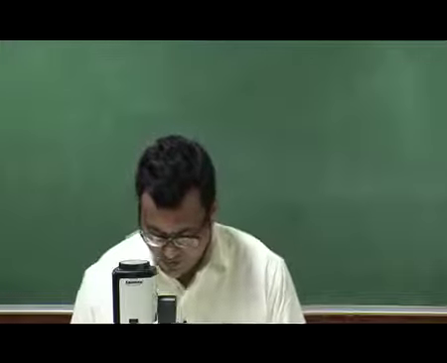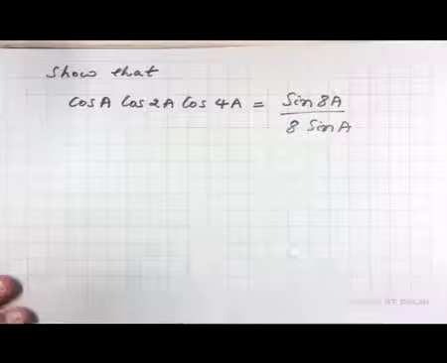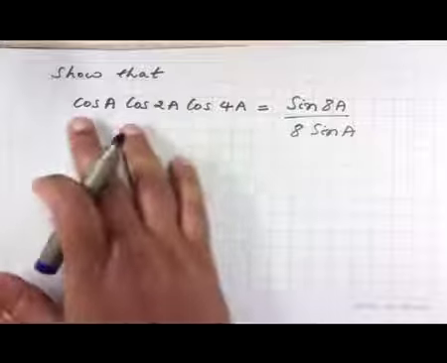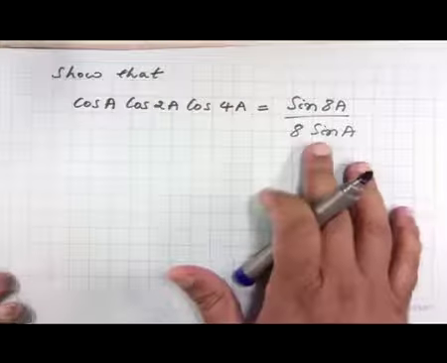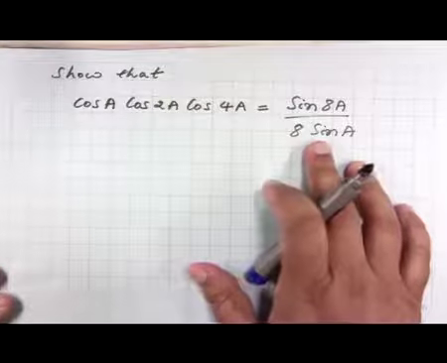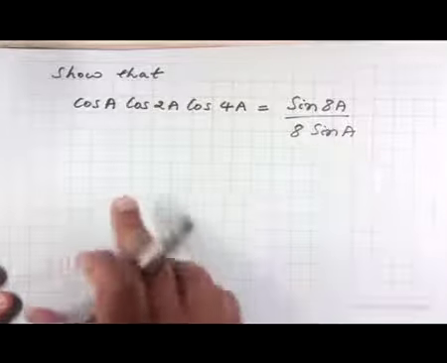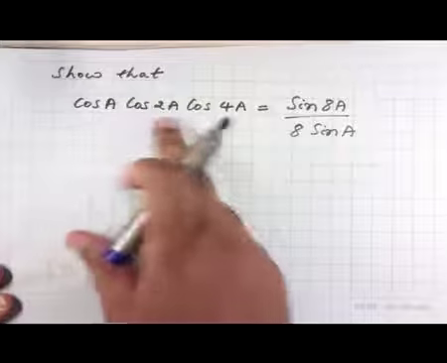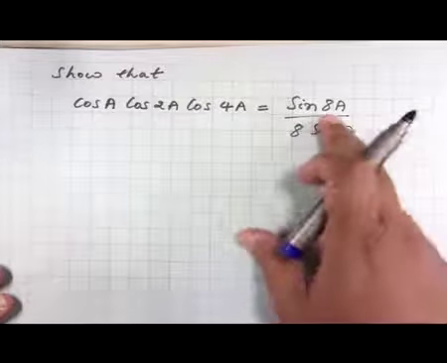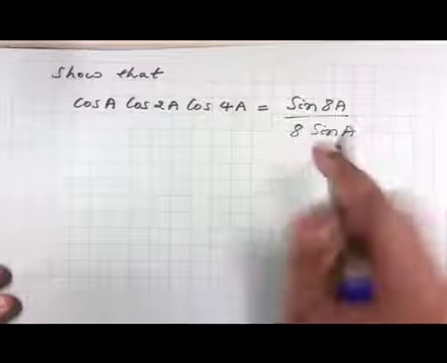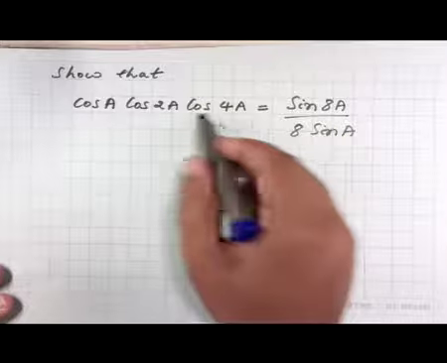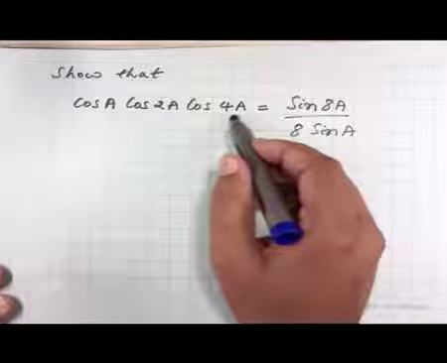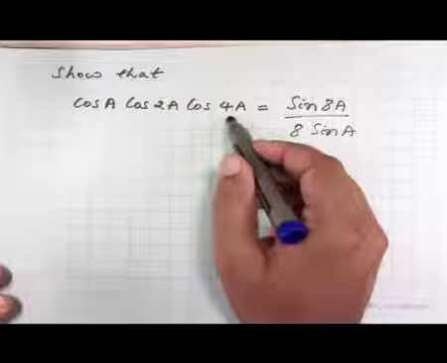So, let us discuss another problem here. Again we have to show that this left hand side is equal to this right hand side, and even here we see a pattern that there is an angle A and then 2A and then 4A and then 8A. So, what we see is a sine 8A and a cos 4A, and that should immediately ring an alarm bell in your minds